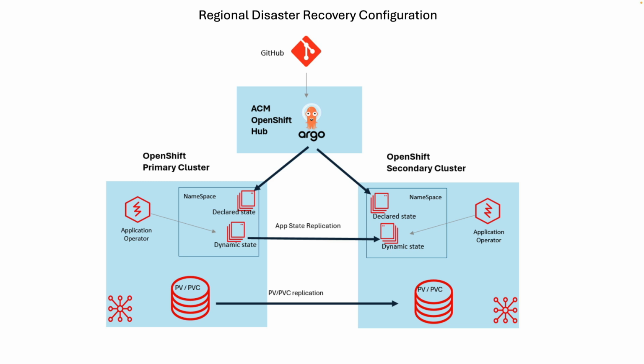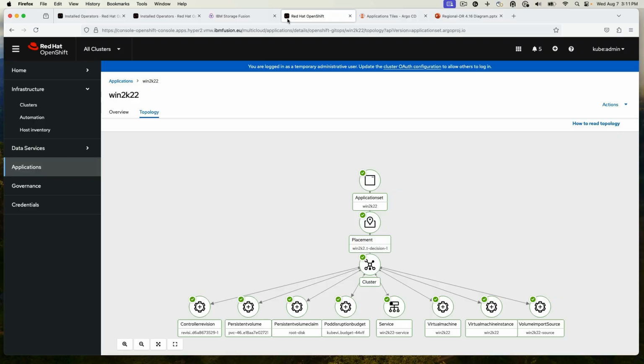And in this case, we'll start with the application on the primary. The application will be a virtual machine. And the data for the virtual machine is replicated over to the secondary cluster, which will allow us to recover to that cluster. Now, if we go to the hub,